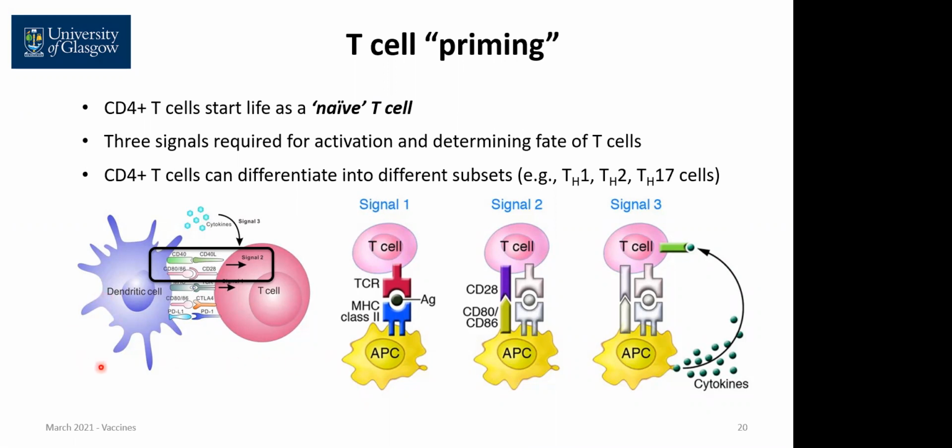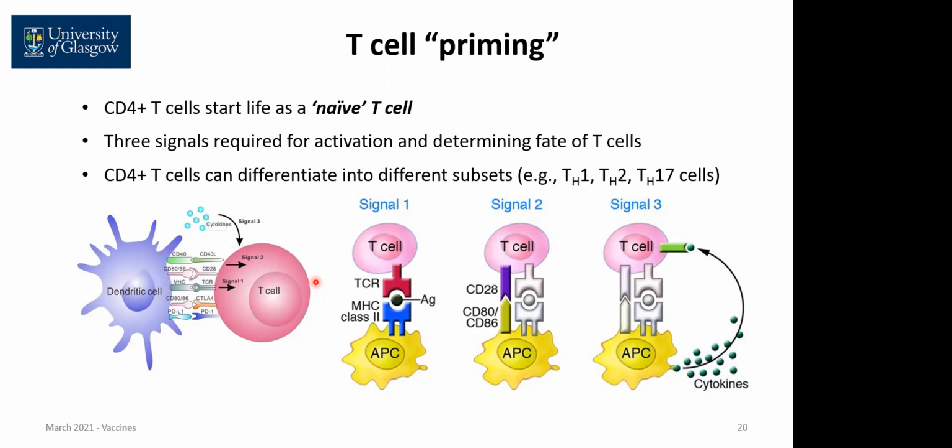But basically, the dendritic cell will have certain proteins or receptors on its cell surface, and they will recognize certain proteins or receptors that are found on the T cell. And basically, interaction between these receptors will lead to the second signal. And this second signal is just as important as the first signal in driving